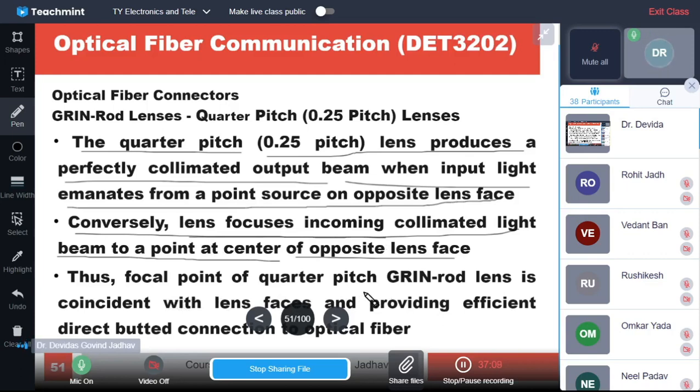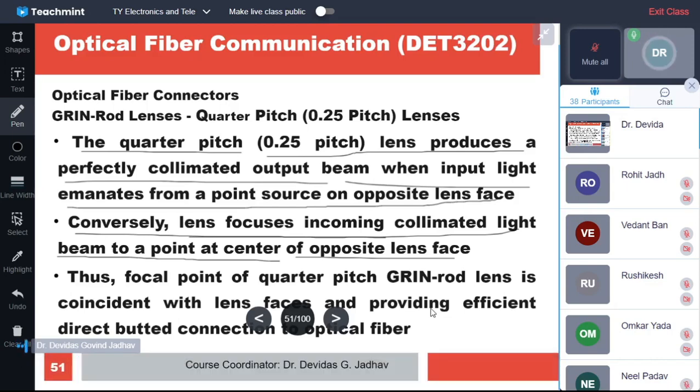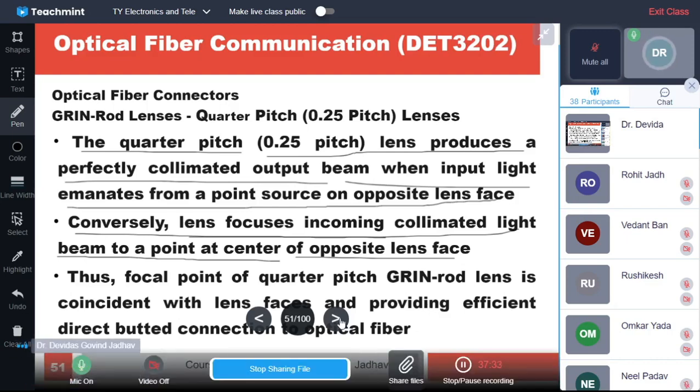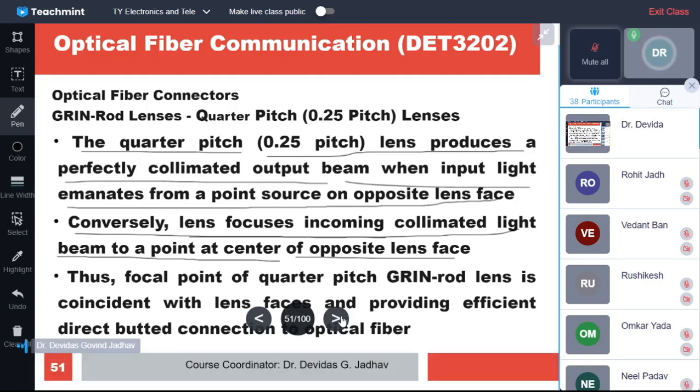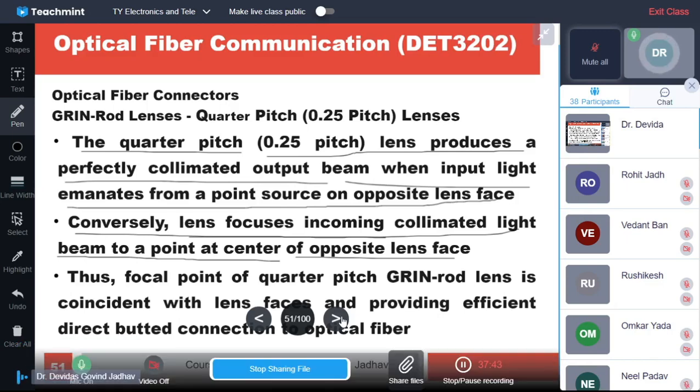Thus, the focal point of the quarter pitch lens is coincident with the lens faces, exactly on the lens faces, providing an efficient direct butt connection to the optical fiber. Direct butted connection means there should not be any air gap in between. Okay, the butt joint is maintained. So it may become difficult to maintain the butt joint. There may be a gap produced between the lens and fiber, fiber and lens, lens and lens. So